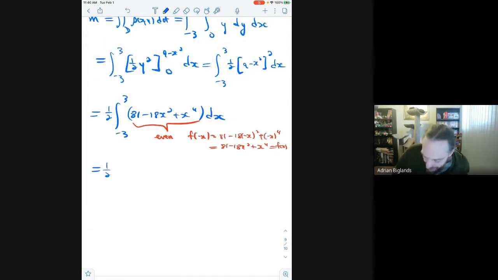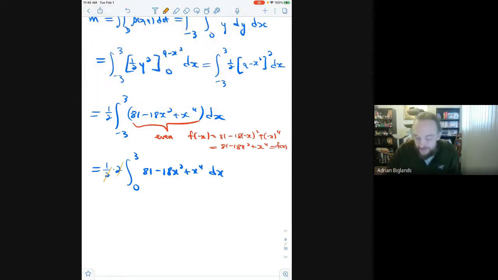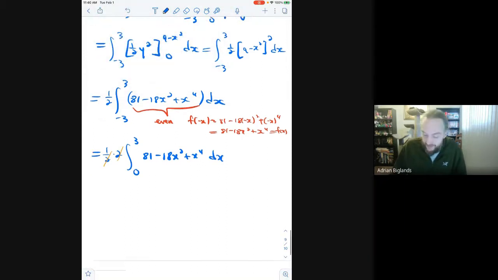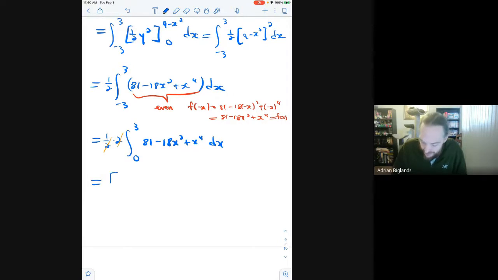This is 1/2 times 2, the integral from 0 to 3 of 81 minus 18x squared plus x to the 4 dx. That one was just because I'm simply lazy, and then the 1/2 will cancel, and I don't have to put negative 3 in there anymore. And that's the only reason I did it. This is equal to now 81x minus 18 over 3x cubed plus 1 over 5x to the 5, evaluated from 0 to 3,